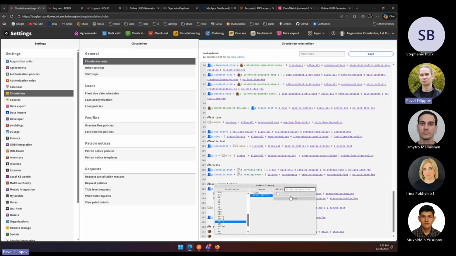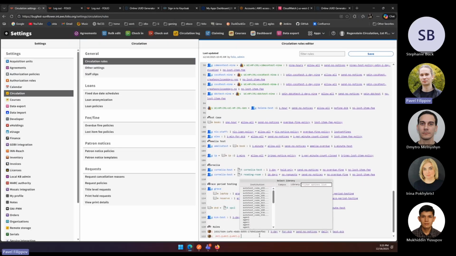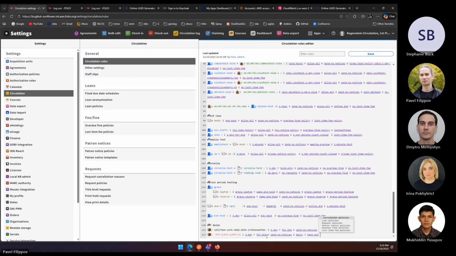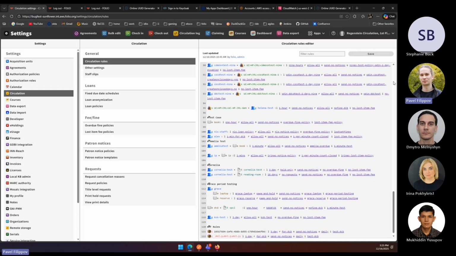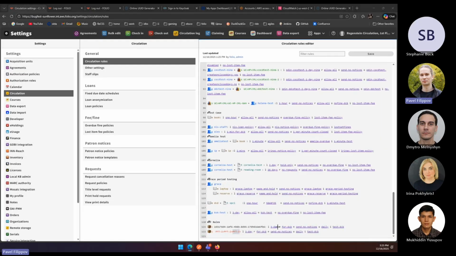So we will choose this library, and for example, we will just copy the previous data. So it will be loan policy 3 days, request policy for DCB, no notices will be sent, daily overdue, and lost item fee policy is DCB. So we can update this one. Yep. And we will use this location